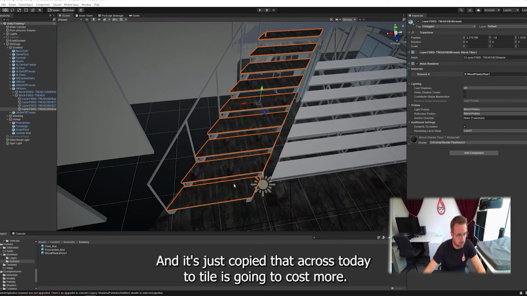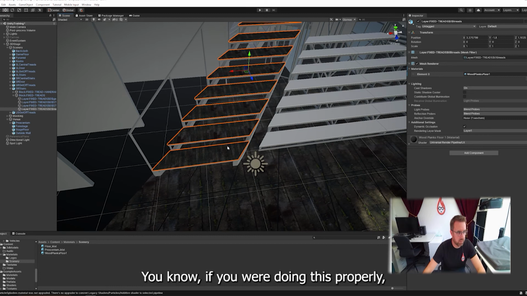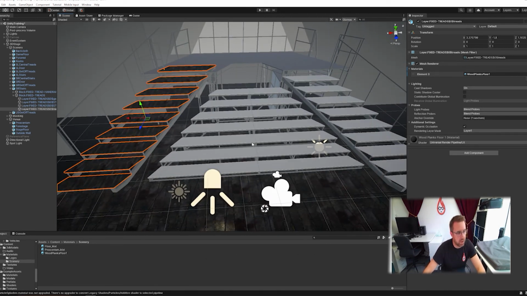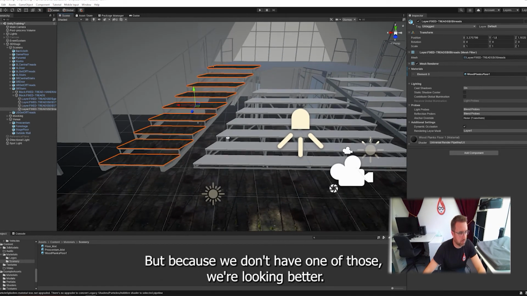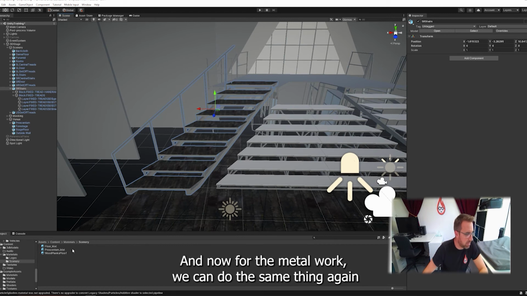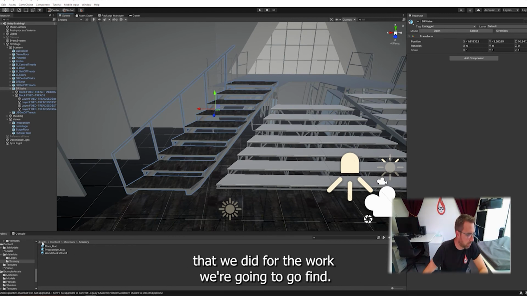We don't need to tile it. It's gone in quite small. If you were doing this properly, you'd try to make it look like your reference material, or how a designer wanted it. But because we don't have one of those, we're just going to pretend that's what the designer intended. And now for the metalwork, we're going to do the same thing again that we did for the wood. We're going to go and find